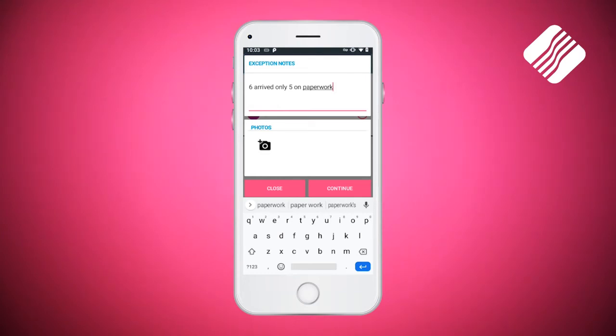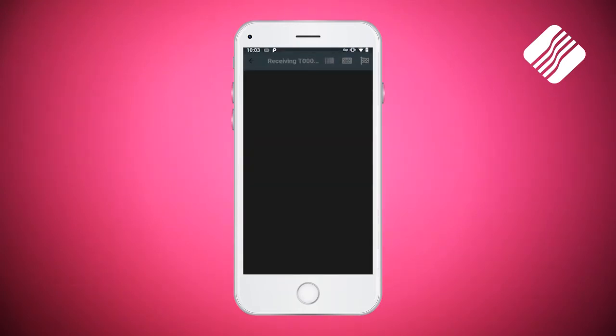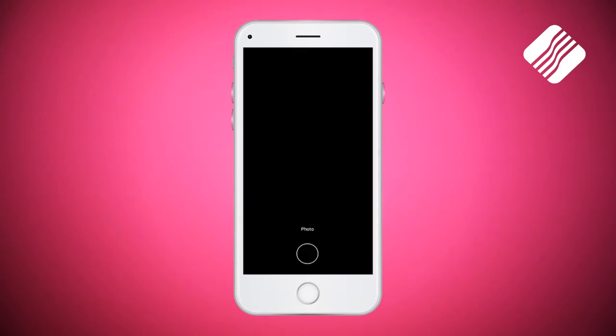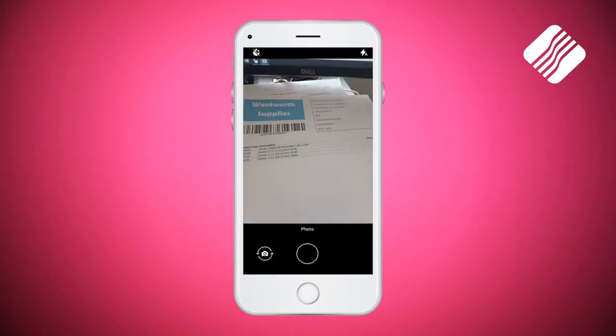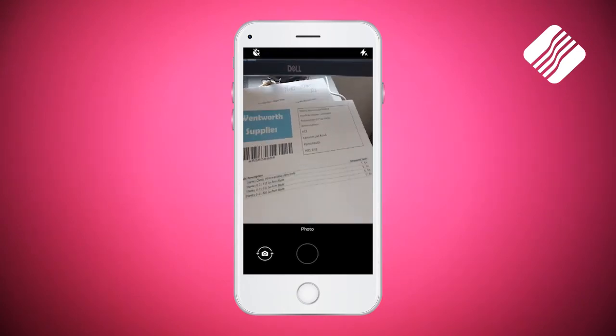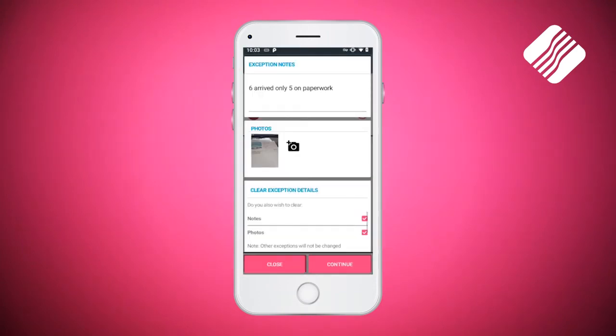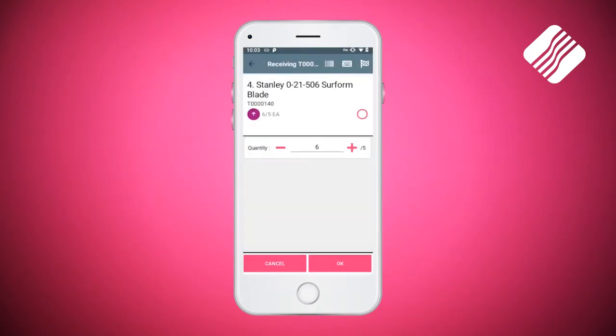So I'm just going to tap on the camera icon, and select camera, and that should open the camera on your device, and then you can take a photograph of the paperwork, ideally if you've marked it on the paperwork to say what the discrepancy is. If you're happy with the photograph, simply tap on the tick, and you will see that the photo has been attached. You then simply tap on continue on the bottom of the screen,